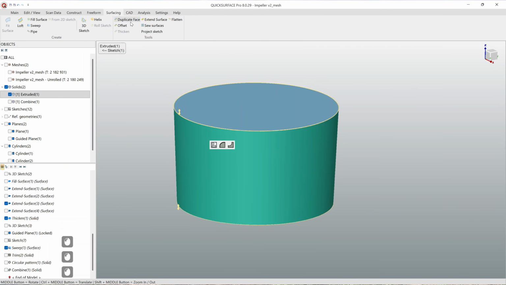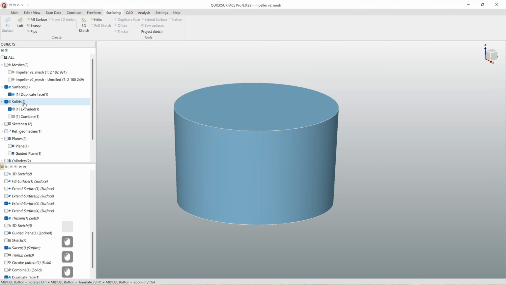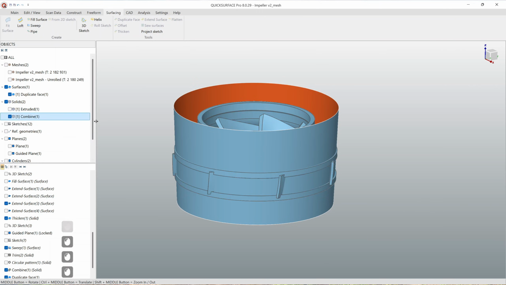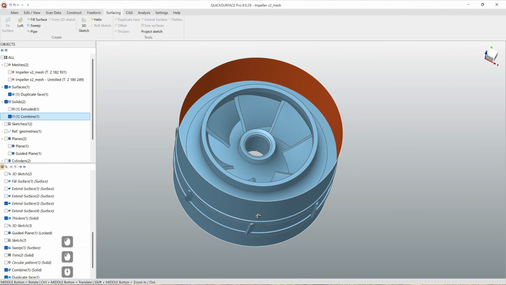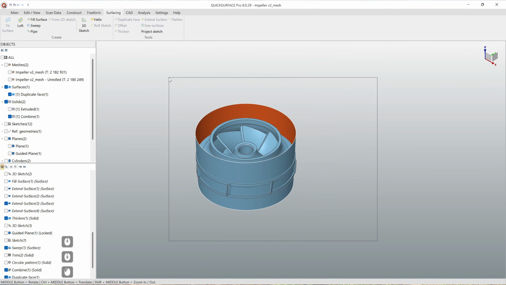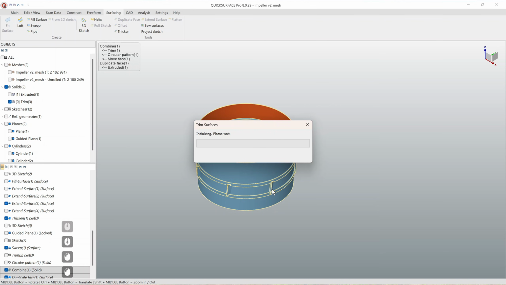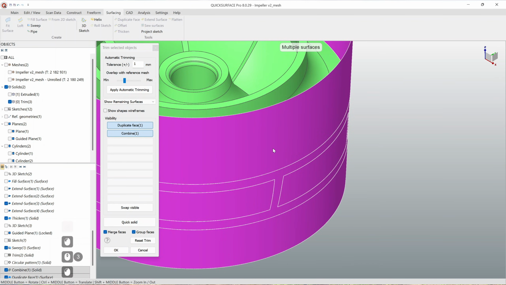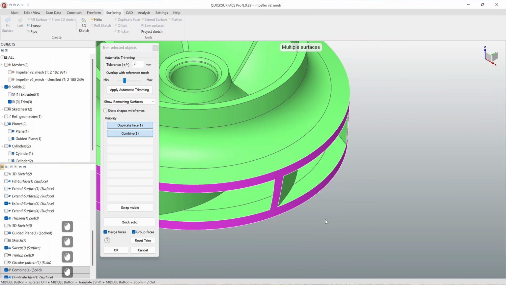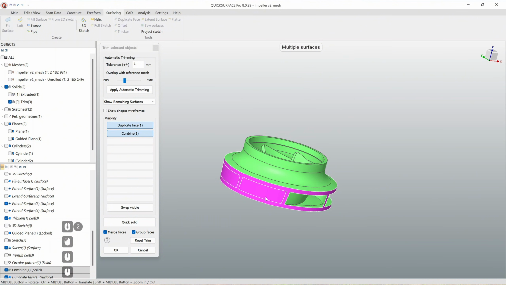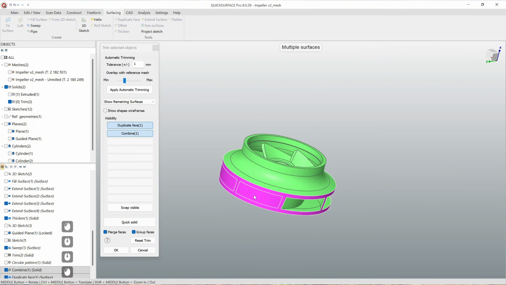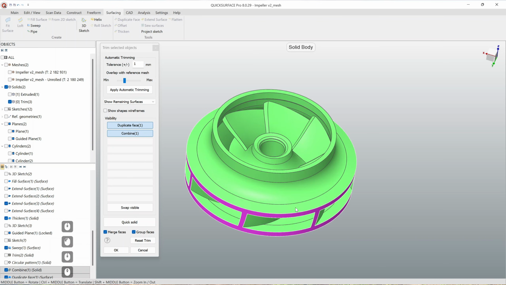And we can just duplicate this face. Use this surface to trim away